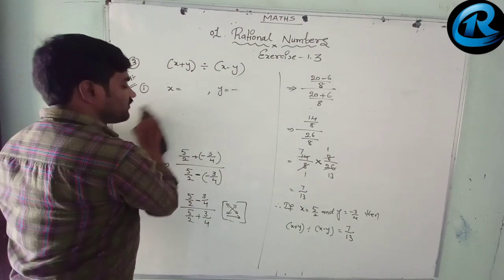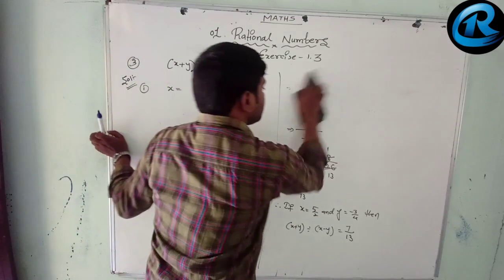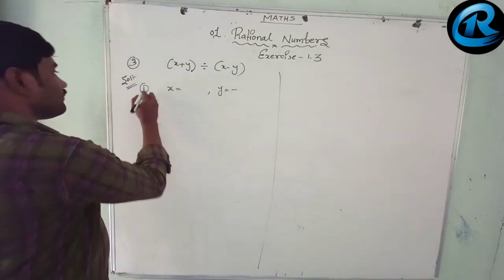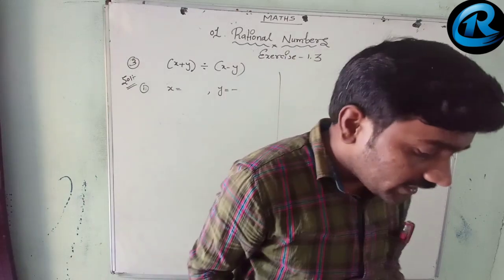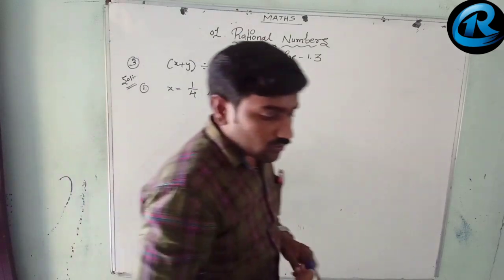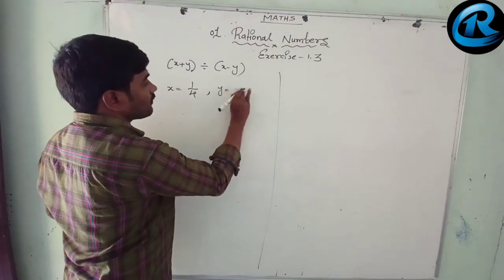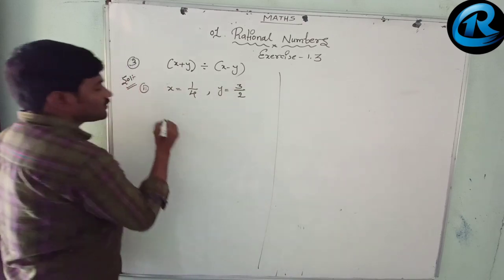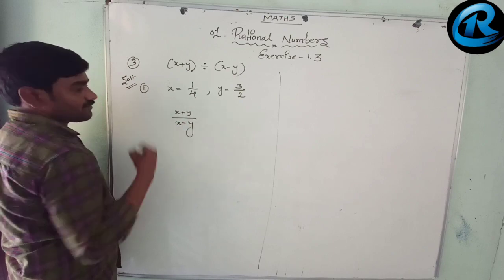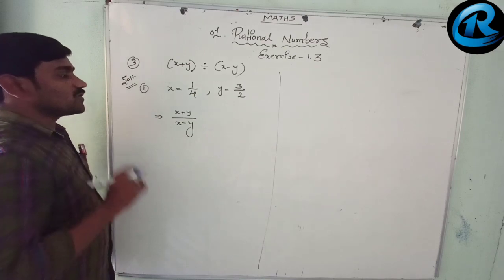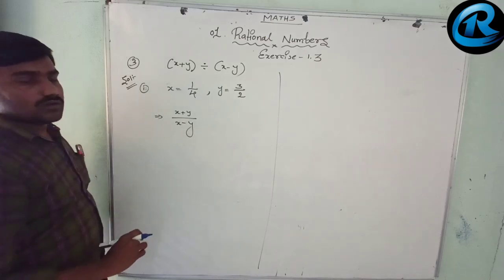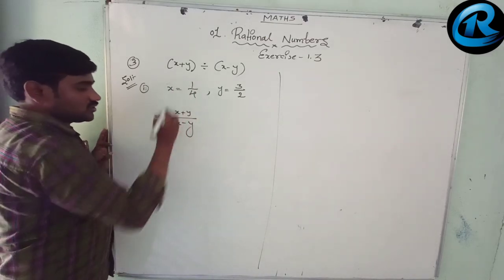Here the x and y values they have given are different. Again different x and y values they give. Let us solve those questions also. The second one. X equal to 1 by 4 and y equal to 3 by 2. So what we have to do? This x plus y divided by x minus y. Okay. You can do it another way also. Find x plus y first, find x minus y later and divide those two. Otherwise do it directly, the way I am doing.